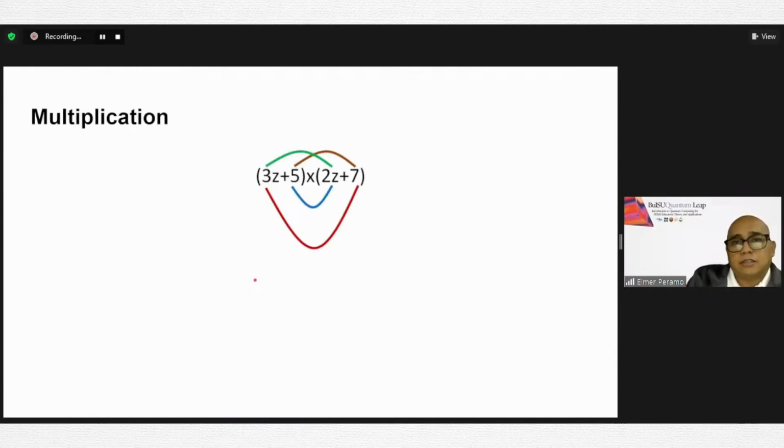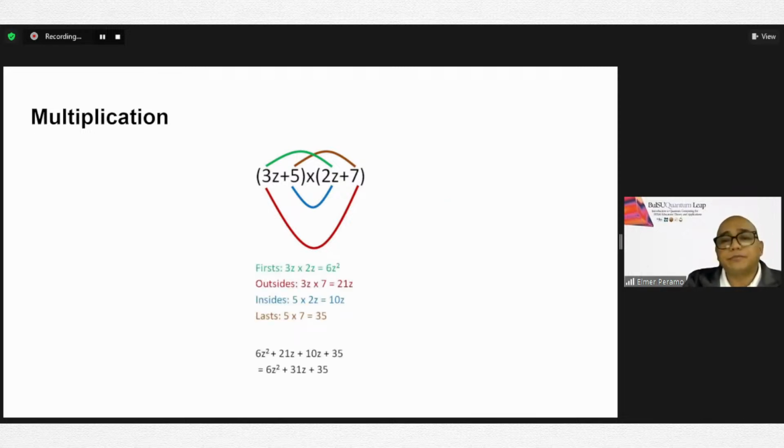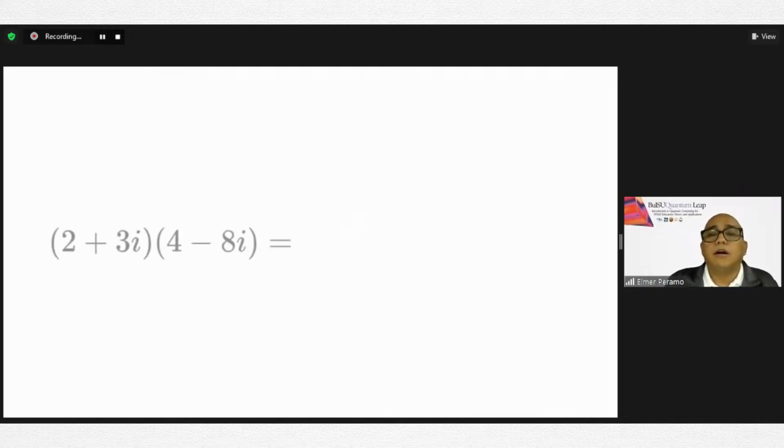Okay, let's try multiplication of complex numbers. Since a complex number in rectangular form or in Cartesian form is kind of like a binomial if it's considered as a polynomial. As you can see here, if we multiply two binomials, we use the FOIL method. So we're just going to apply that FOIL method with complex numbers as well. Okay, example here. So using the FOIL method,